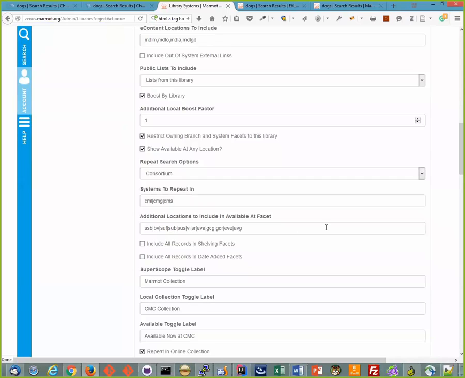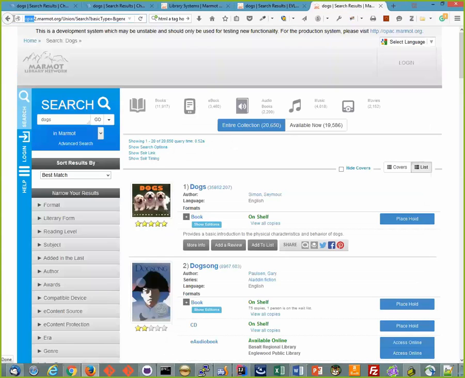So in this case, CMC is close to a lot of public libraries across the state. They don't want to see necessarily every single public library because they're not in every single city. But they do want to see Steamboat Springs and Buena Vista and Frisco and Breckenridge and all the Summit County ones and Vail and Salida, some of the Gunnison ones and Eagle Valley ones. So in this case, if we do a CMC2,